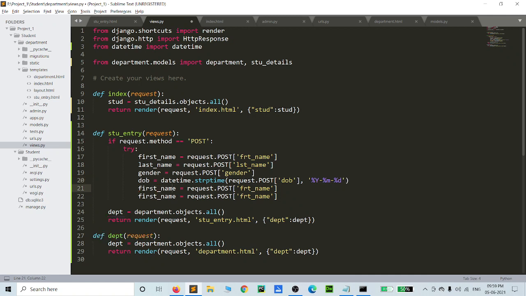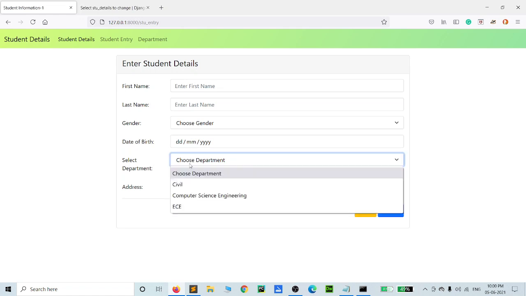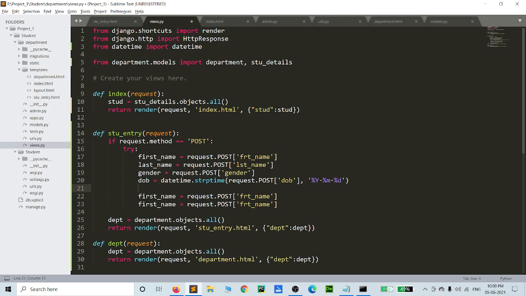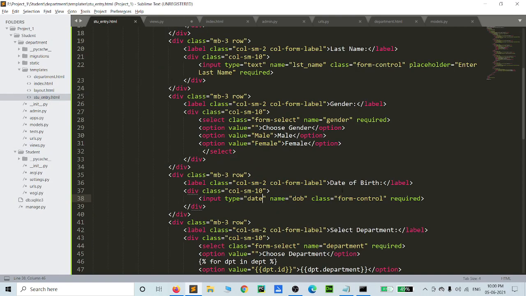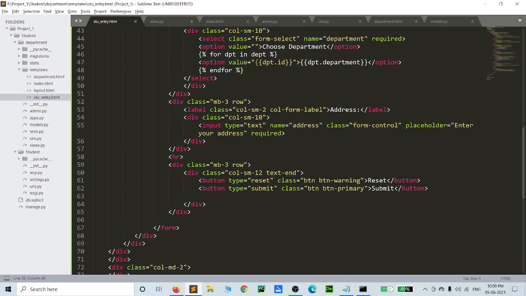The next thing is, before we insert our department value, we are asking for the id. Before inserting our department, we are asking for the id.